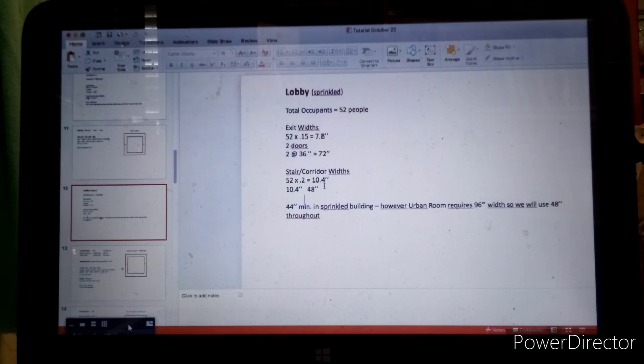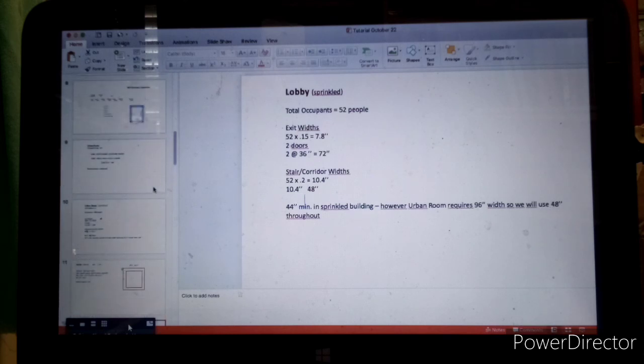And they're saying, oh, got to have this minimum amount of total width for people to get out for the whole building, and then I'm going to have one fire stair, and that 48-inch width we calculated based really on that